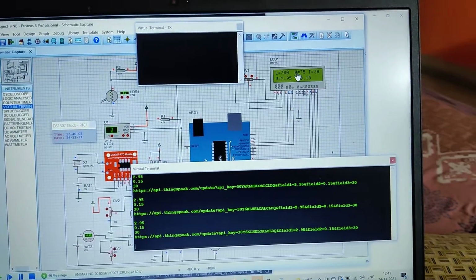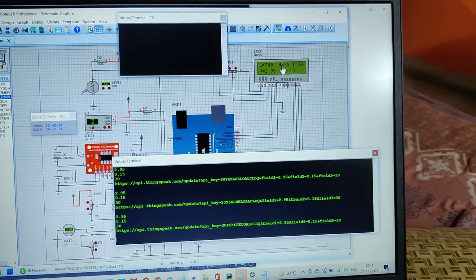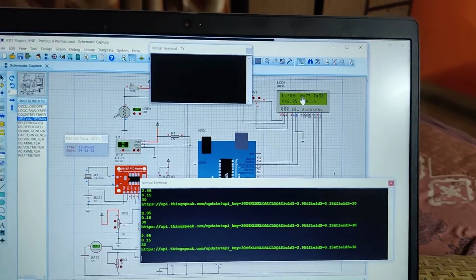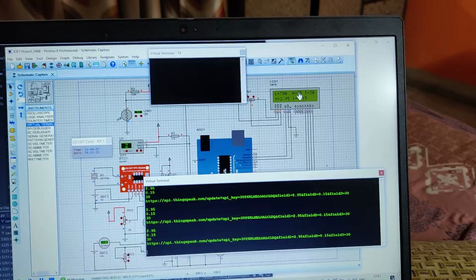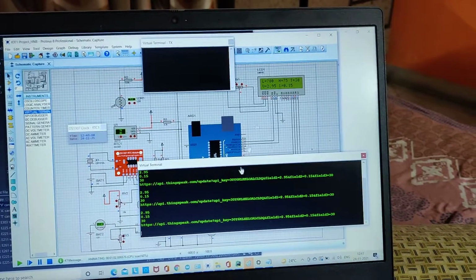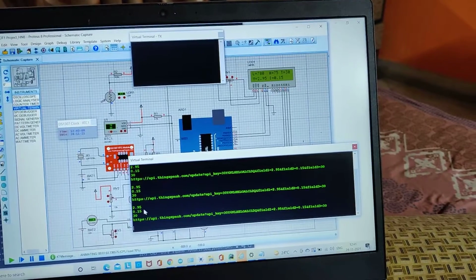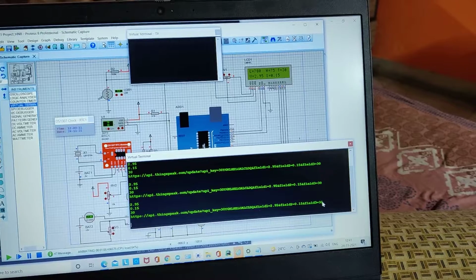Yeah, so this is again the humidity, because the solar panel also gets impacted by the humidity. This is an additional factor that we are not considering in the project. Lumens and the humidity factor we are not considering. You can see the same values coming out of the code exactly, and this is the channel on which all these things are being sent.